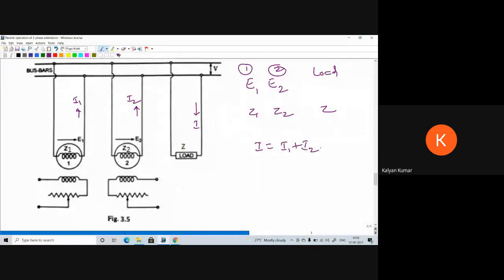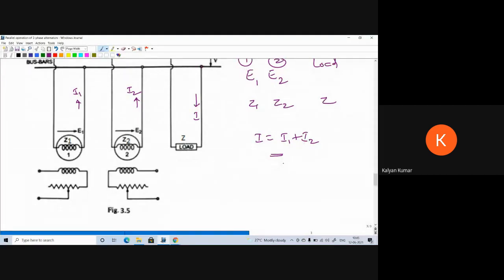So if you apply KCL here, KCL is sum of incoming currents equal to sum of outgoing currents. So I1 comes from here, I2 comes from here to the load. So the load current I flows. I equal to I1 plus I2. Now we need to find out what is the terminal voltage V and what are the currents delivered by each